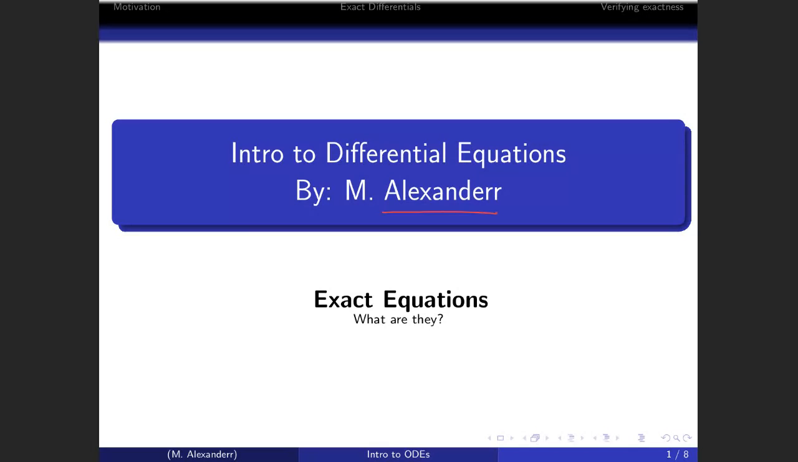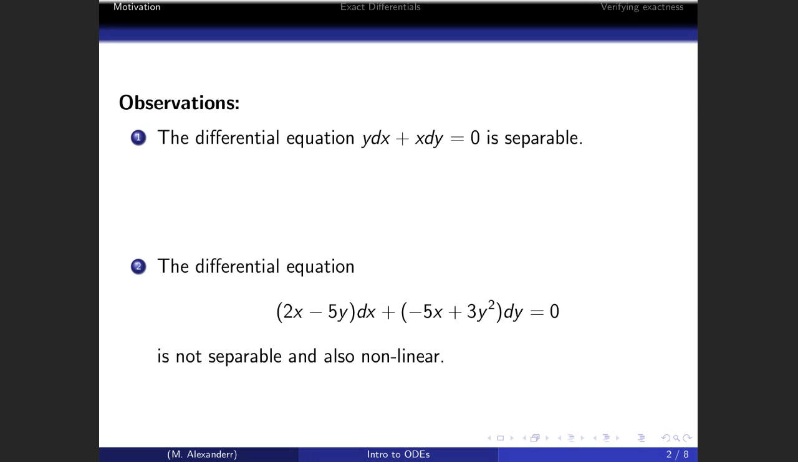Okay, so today I want to talk about exact differential equations. I want to explain what they are, and then in the next video I will give some examples on how to solve them. So before we move on, I want to recall that the first type of equations,